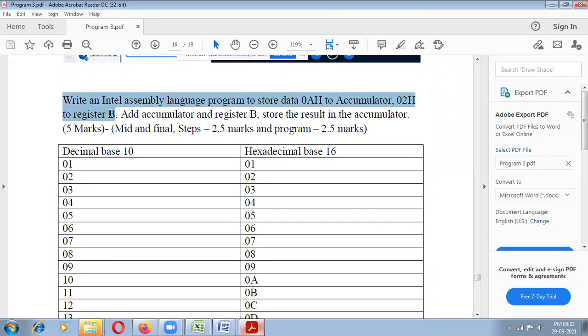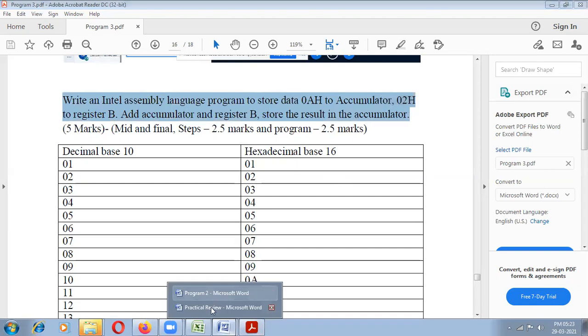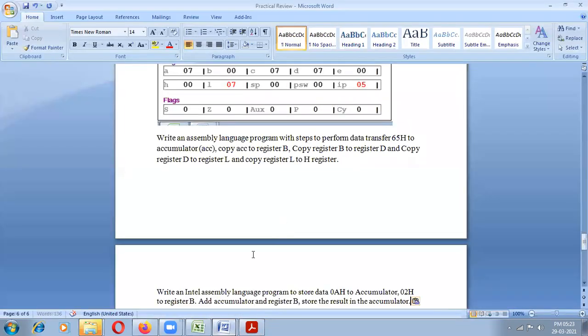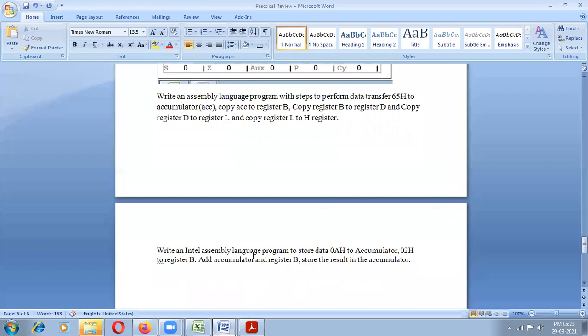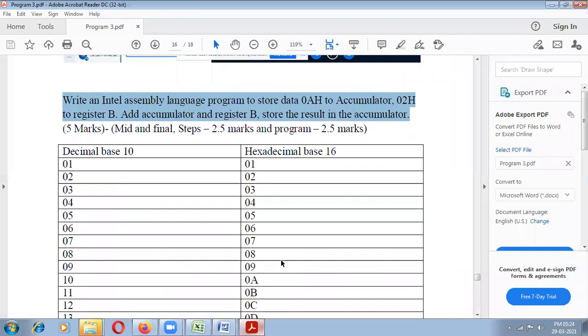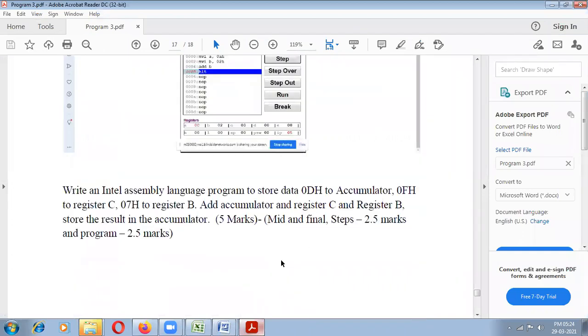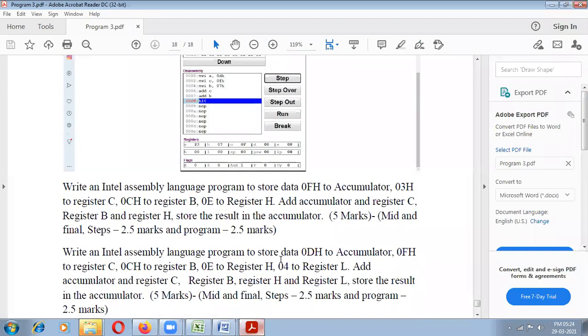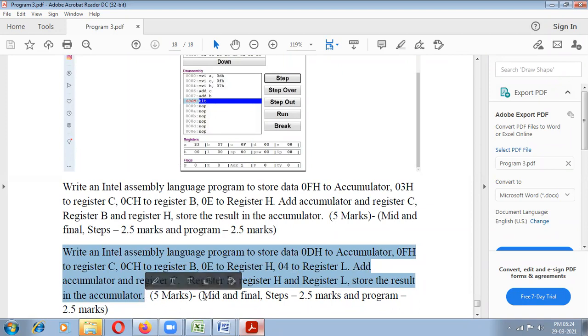Yes, students, our next program. This is one of the next programs. Same like that, the questions will be coming for the final exam. Everything is clearly available. Here I clearly mention midterm and final exam theory also, the program will be coming.